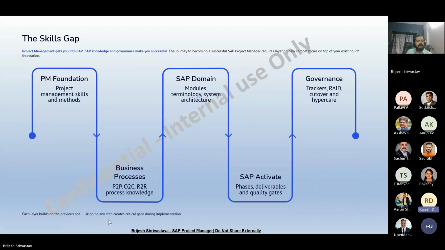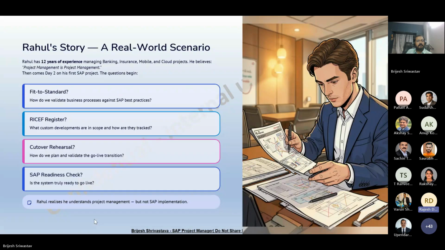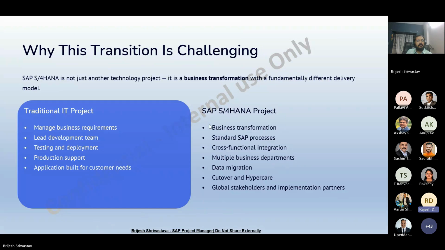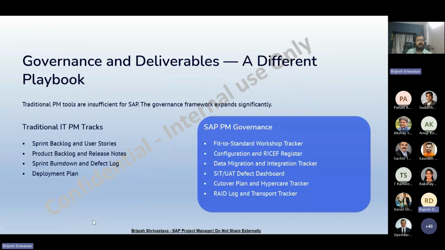Otherwise, you can just let me know. In one of the slides you mentioned, when comparing traditional PM with Agile and SAP PM, that in traditional we are just collecting the requirements and then implementing in the sprint and deployment, something like that, right? Yes, right. But here in SAP, let's think that you are working on one of the modules, let's say MM, right?